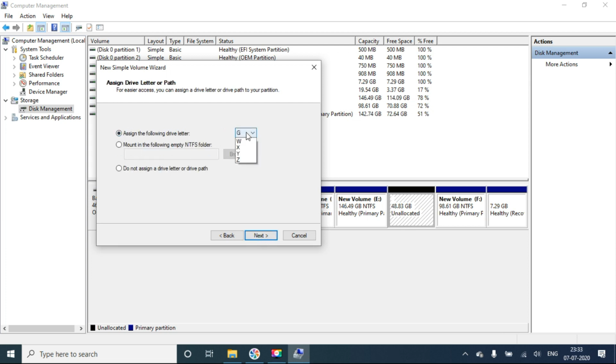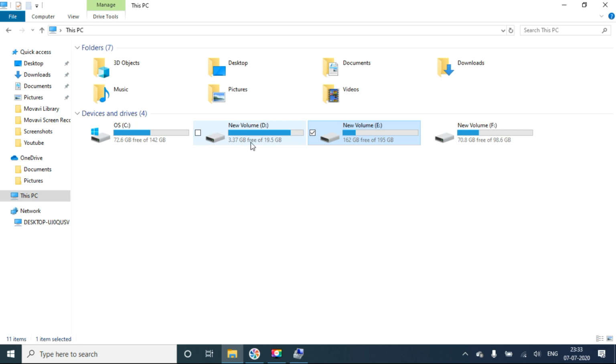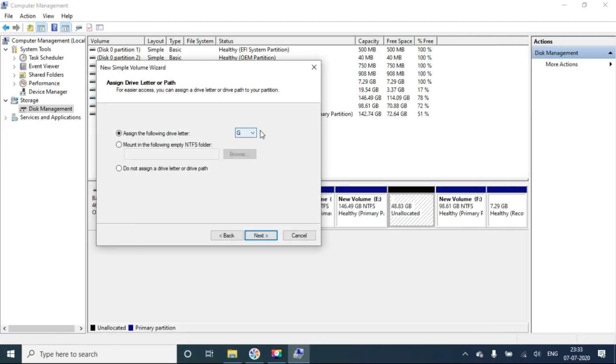Then you can manually select the label, the identifier for that drive. By default it is G because C, D, E, and F are there, so it is making G now. You can change the letter also. I am keeping the default one.